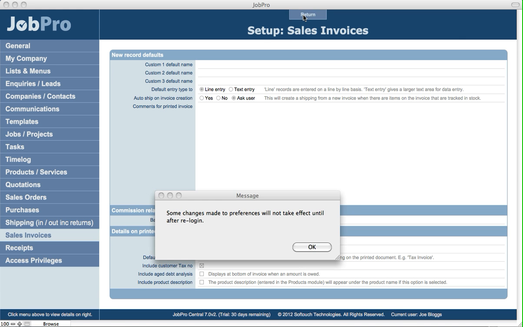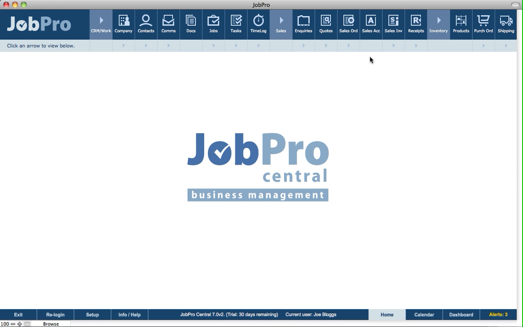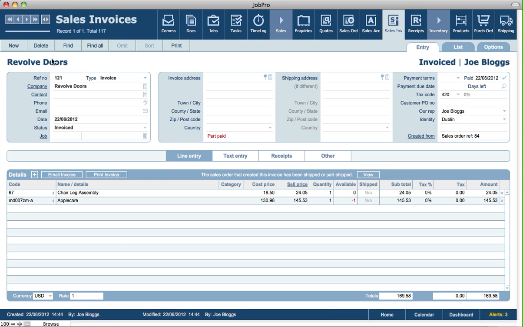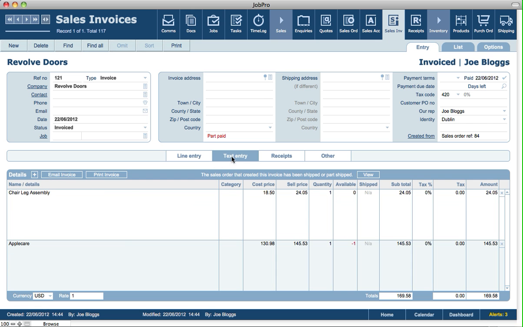So if we go and have a look at Sales Invoices, on the creation of a record, based on that preference, either the tab that will automatically display is line entry or text entry. Line entry is about entering in product codes and service codes, while text entry is about putting in more paragraph type text. So let's go back to Setup,